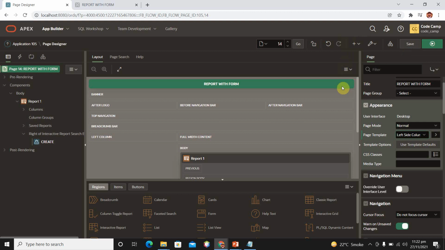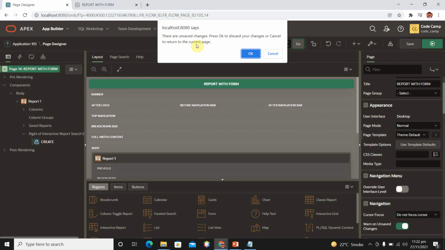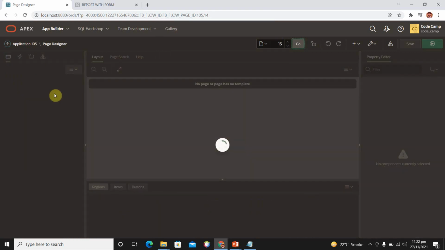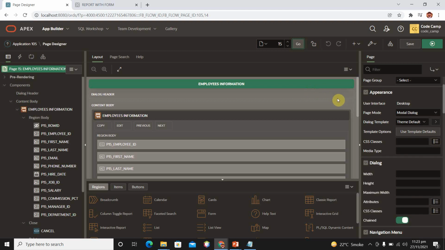Okay, sorry, I want to change the form 15. Go. Okay, now this is our employees information form. Now change its dialog template to drawer. Okay.